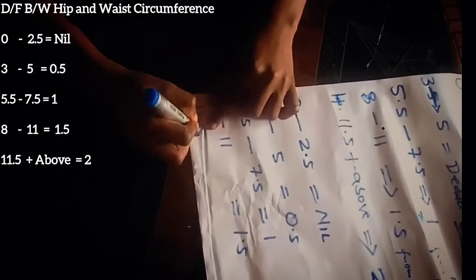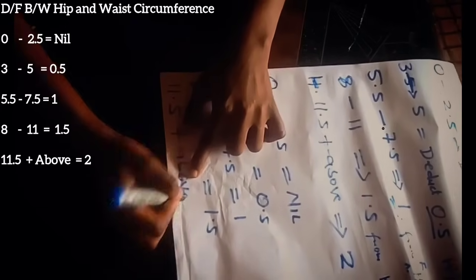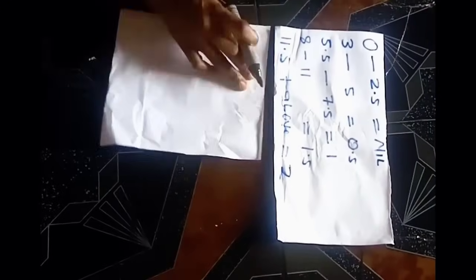If it is 8 to 11 inches, you will deduct 1.5 from the front hip and add to the back hip. If it is 11.5 inches and above, you are going to deduct 2 inches. So let me just remove this part. This is the one we are going to be making use of. This is the value now. So let's go into the